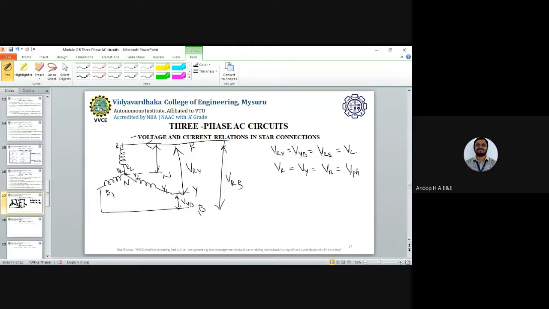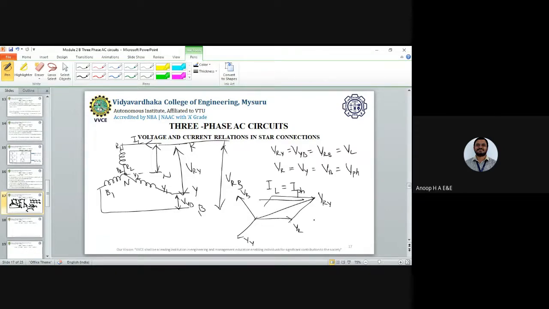This is the value of the line current that is flowing. The line current flows in the same phase, so it is equal to the phase current. So line current equals phase current in the case of the star connection: IL equals I phase. Now let us write down the vector diagram also. You have a 120-degree phase displacement, and you are going to have VR, next VY, and next VB. We are going to have all these vector diagram notations.